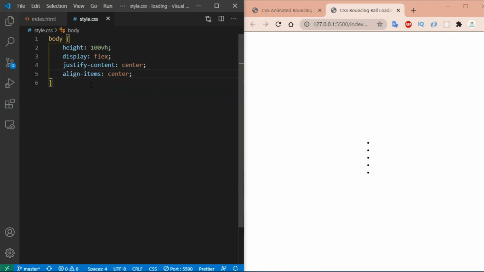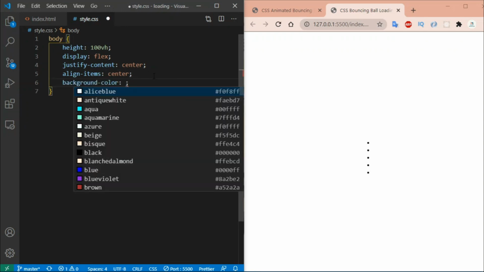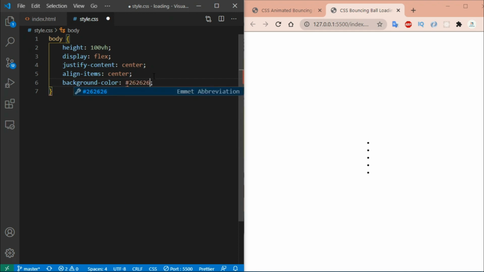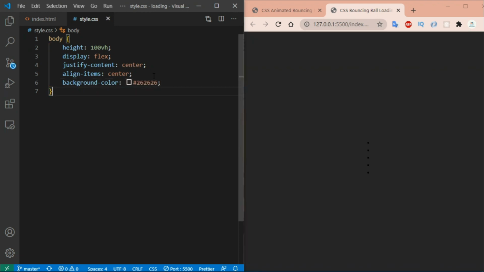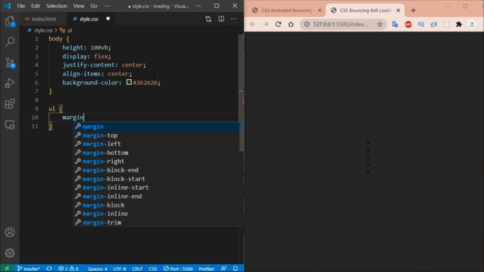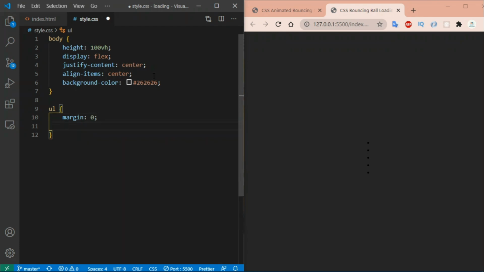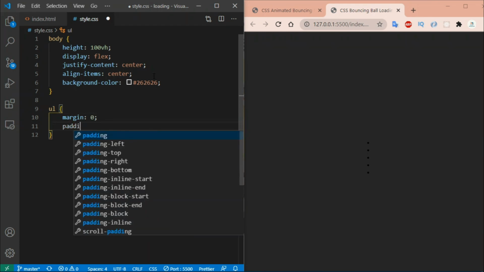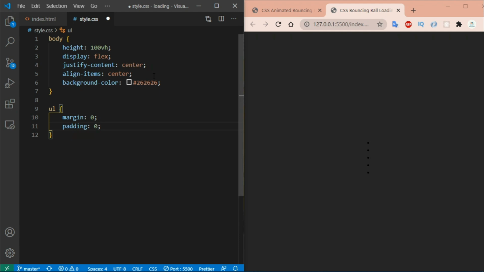This will center our UL tag. Then give it a background color of hash 262626 like this. Then select the UL tag, remove all the margin from the UL, and padding set to 0 as well.